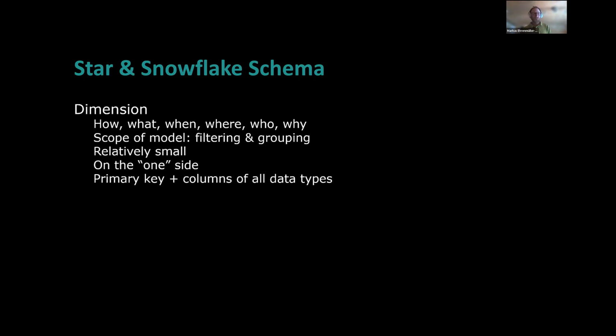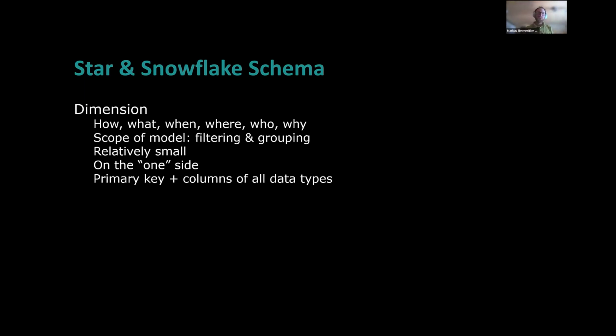Because if there's something we want to filter and group on, we put it in the dimension. So think about the date dimension. We have a year there, financial year, calendar year, the quarter, the month, maybe combinations of the year and the month in different ways, like year-month number or the month number abbreviated, whatever. So those tables can be really, really wide. But as they're relatively small, it's no problem at all.